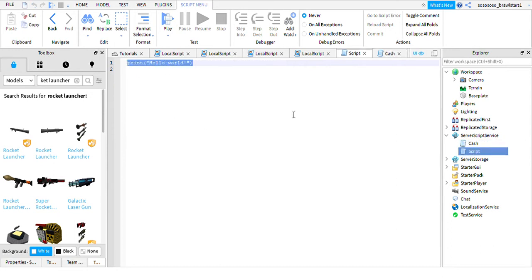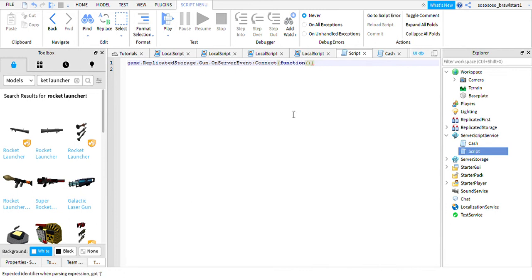What you want to do is game.ReplicatedStorage.Gun.OnServerEvent:Connect. Did I mess up? OnServerEvent should be dot, not colon, OnServerEvent:Connect